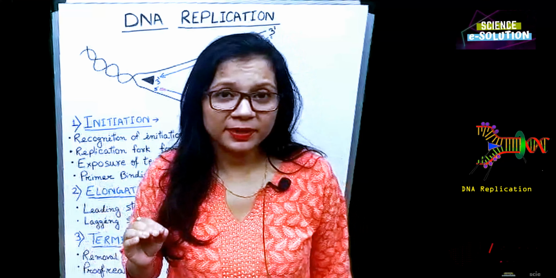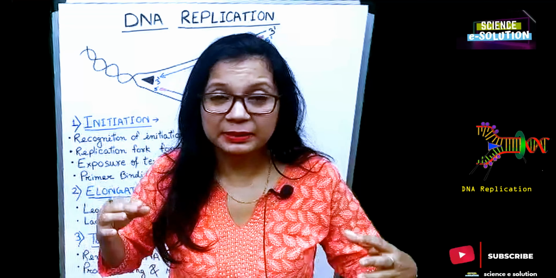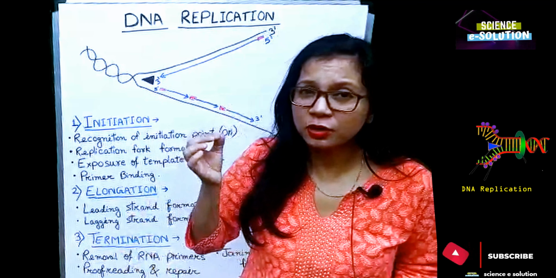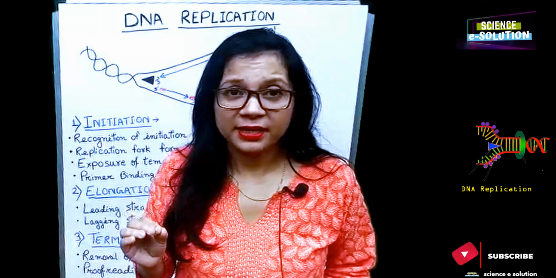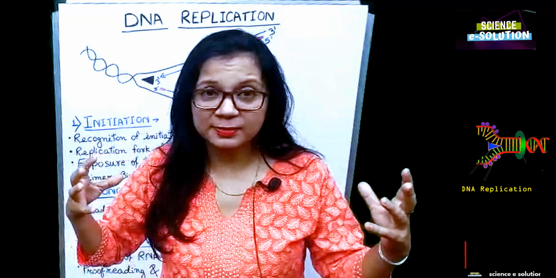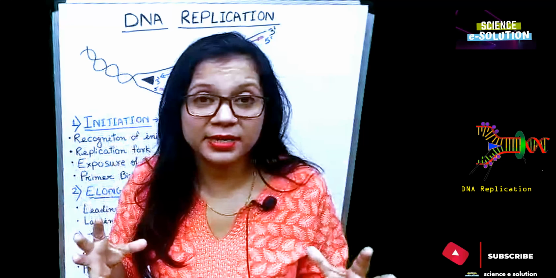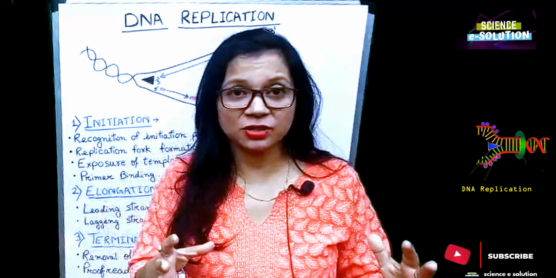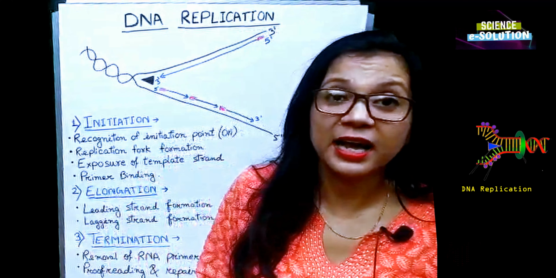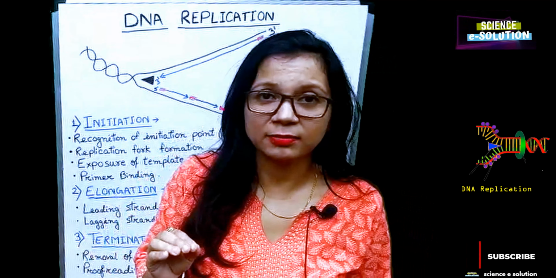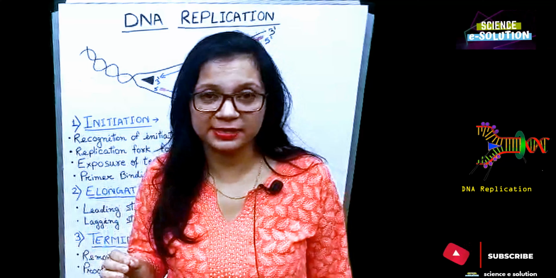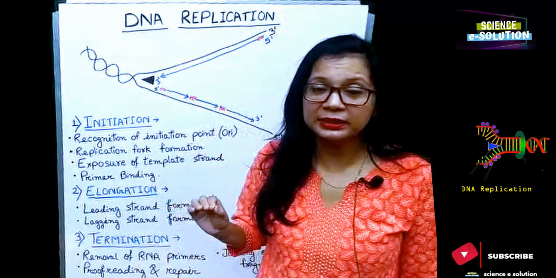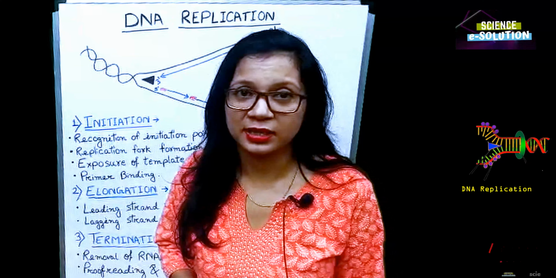So DNA replication process means the process where the copying of the DNA takes place. It is a very crucial step because after the cell division takes place, each daughter cell must receive an equal amount of the DNA. So this DNA replication or DNA synthesis takes place in the S phase of the cell cycle before the cell division takes place. So today we are going to learn about the different steps which are involved in the DNA replication process.